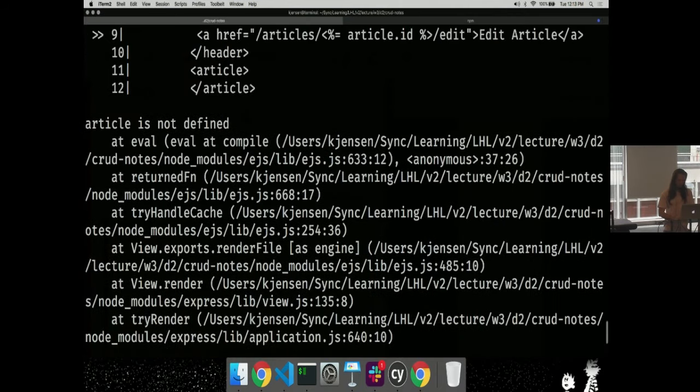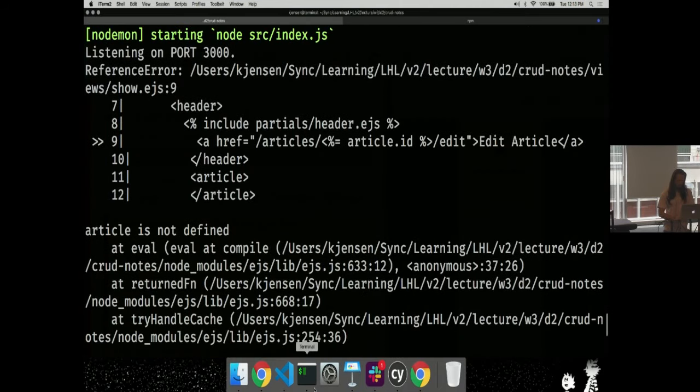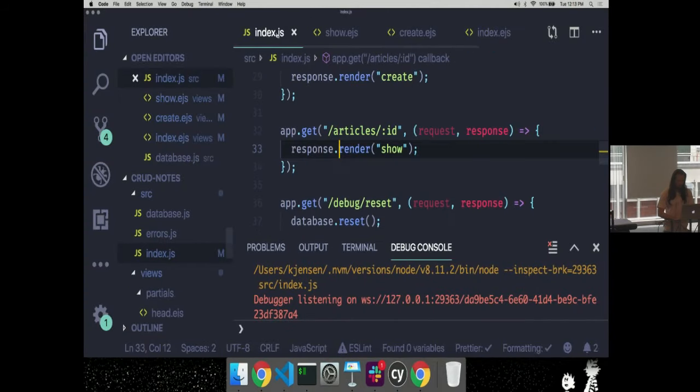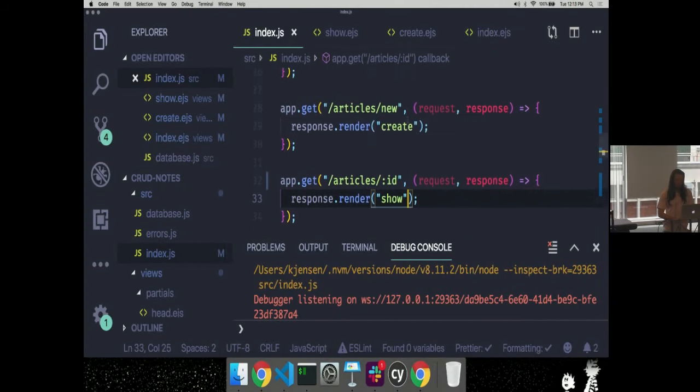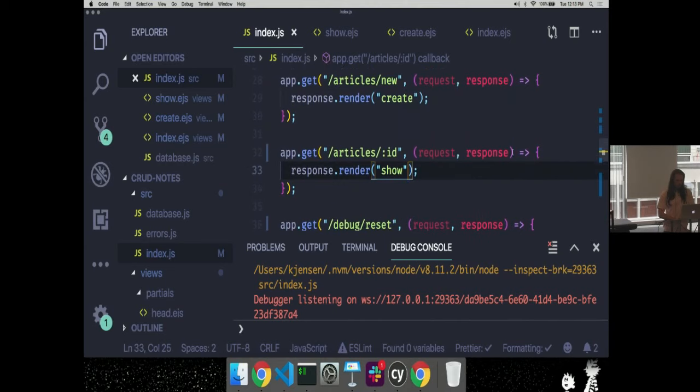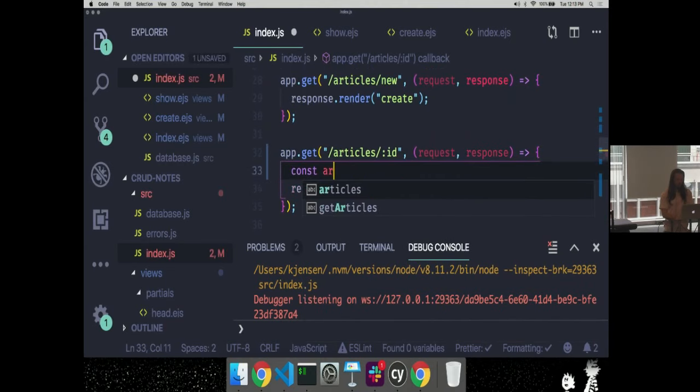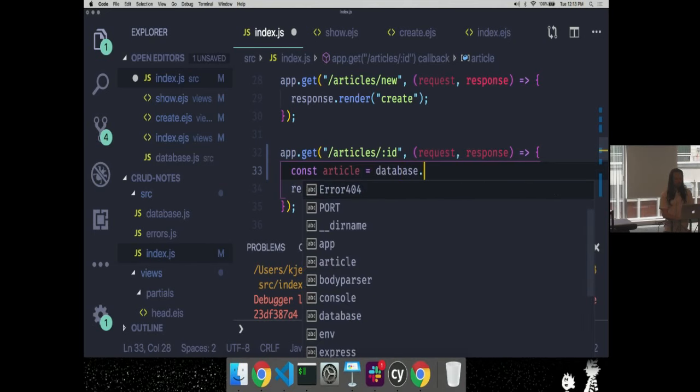of course, what happened there? Oh, I didn't pass article again. Yeah, so I got to make sure I do that. Here I'm just going to grab the article. const article is equal to database.articles. And I could actually create a function called getArticle that I pass the ID of the article and it gives me back just that thing.